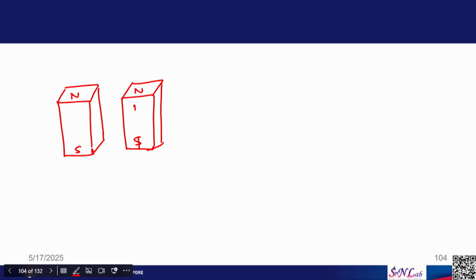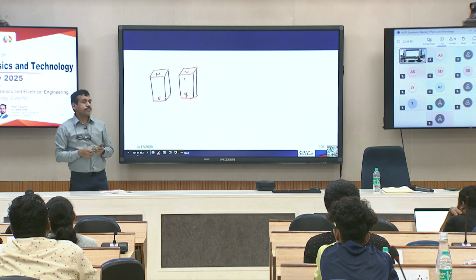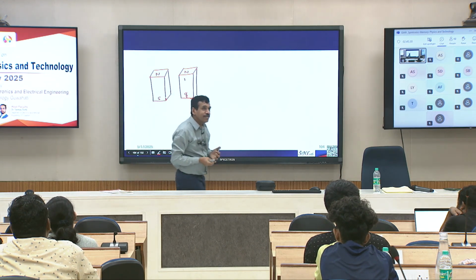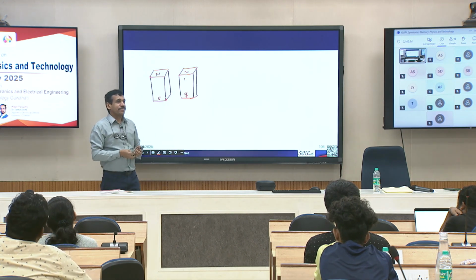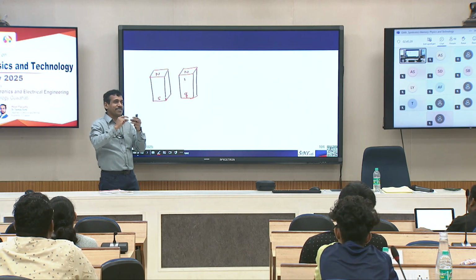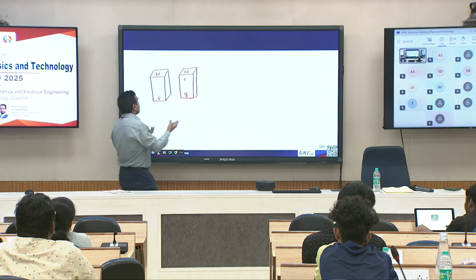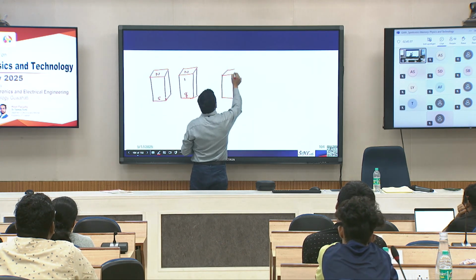Let us say I have two magnets, both of them have north pole up. I try to bring them close to each other, what will happen? They will repel. Okay. What else can happen? I try to bring them too close and I am not holding them tight. They can rotate, right? They can rotate and probably they will form